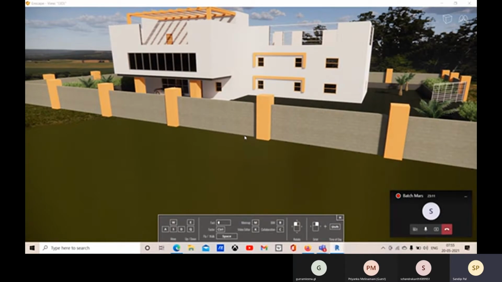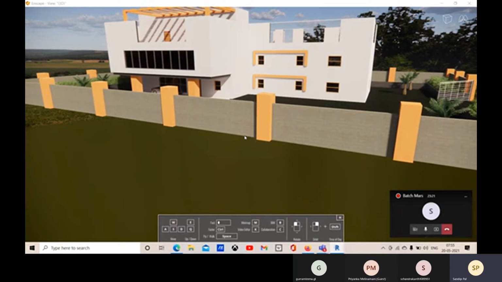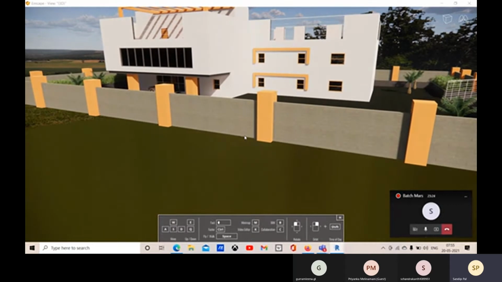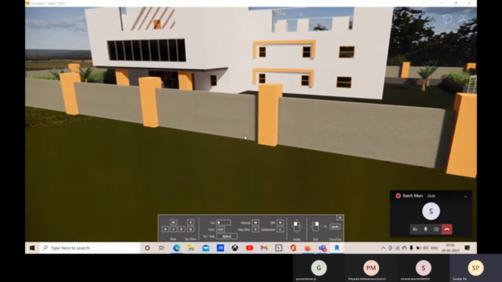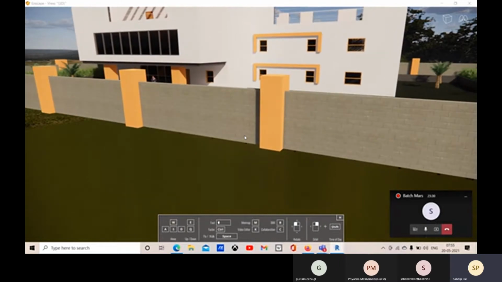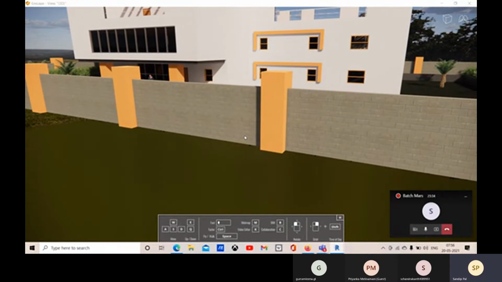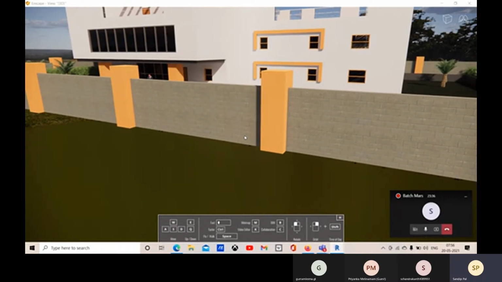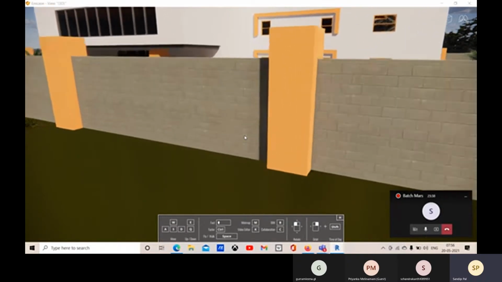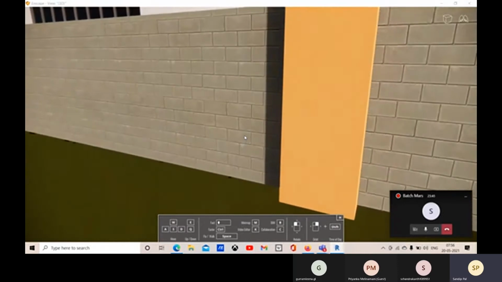And now we have the fly mode and the walk mode. These two modes you are already aware of. We have learned in Navisworks, right? Now let's go forward, and if I want to go forward faster, I will hold the W and the arrow key both together, and you see that I'm moving faster.